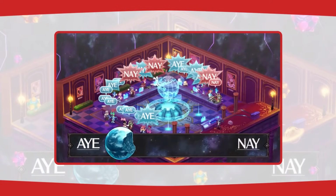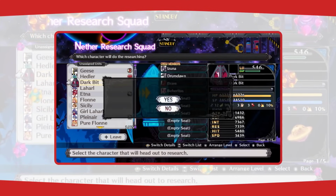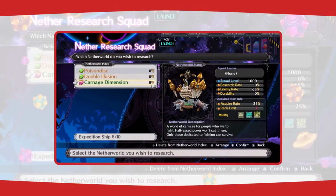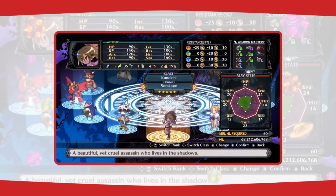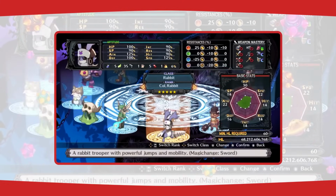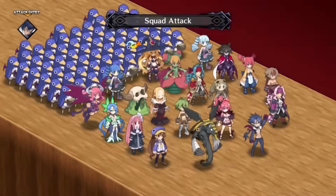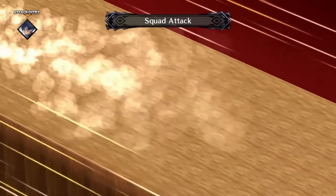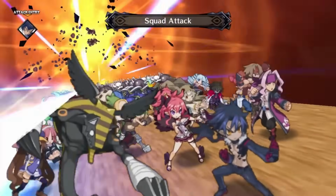These Disgaea games, depending on which one it is, could be rare. So it's not just Disgaea 5, but the other Disgaea games as well. If you see a good discount on them, they're good to pick up physical. They usually have all of the game on the cartridge. You don't have to worry about extra downloads, but for the most part, they're all playable right then and there, right off the cartridge. So I do think that if you can get a new copy of Disgaea, still a bit pricey right now, and obviously $44.86 for Disgaea 5 Complete, but it might be worth it in the future,